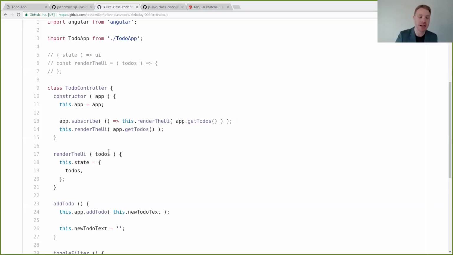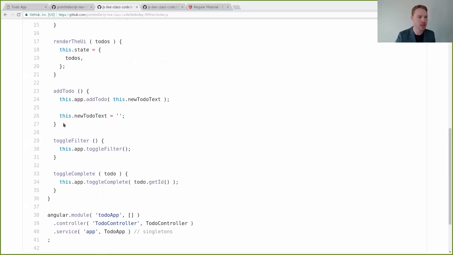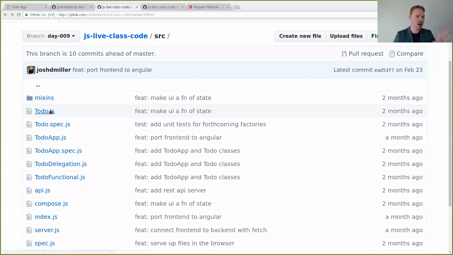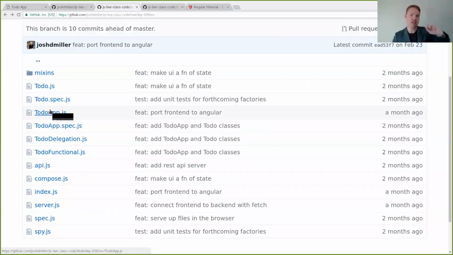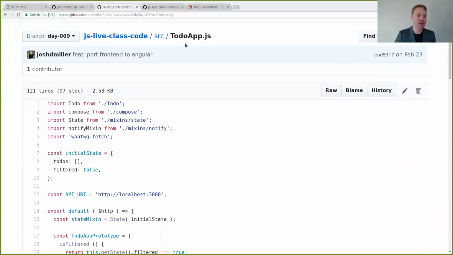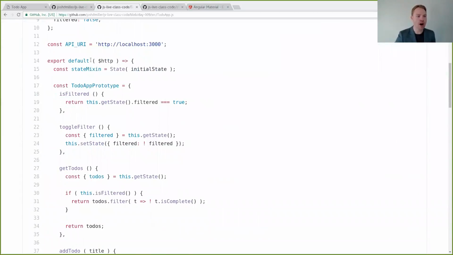You have to do everything within Angular's cycle. So Angular's opinionated, and it comes with something for us. Remember we said that we are telling Angular that there's a service called app, and it's going to be our to-do app. So we actually modified our to-do app to take advantage of that. Our factory function now takes in this argument called $http. $http is one of the built-in Angular services for HTTP communications, their version of something like fetch. It does return promises, Angular promises anyway.